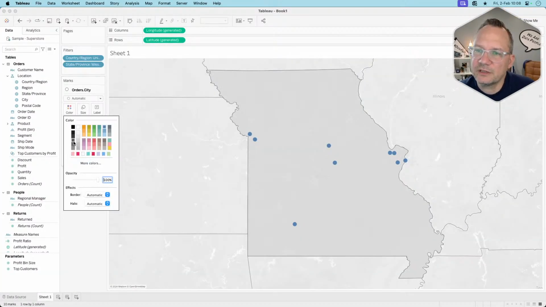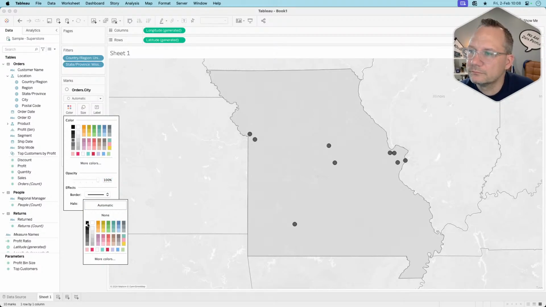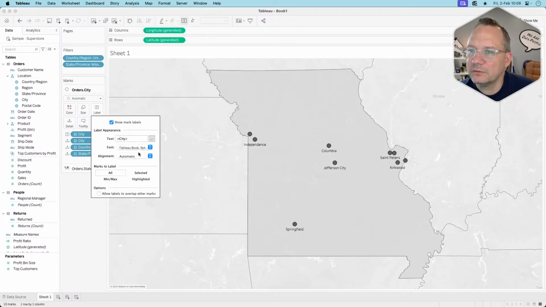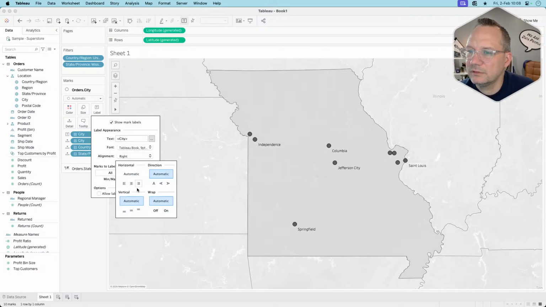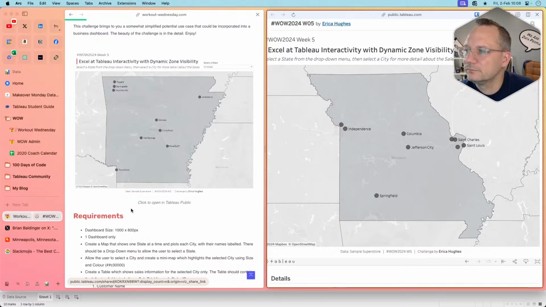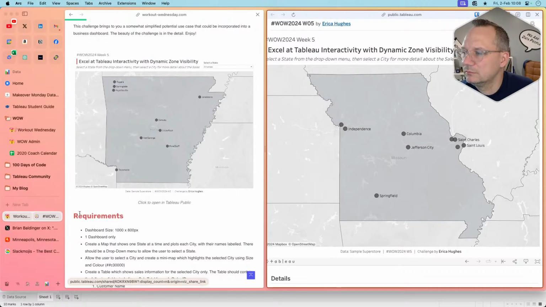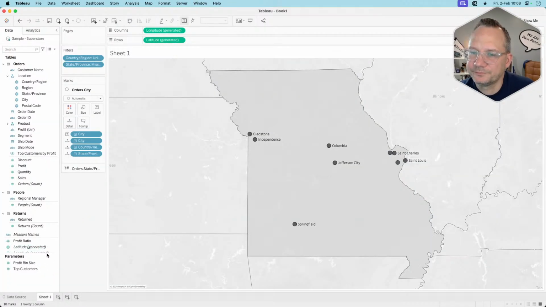Let's do some formatting on the color. We'll make these a darker gray. We'll give them a little bit of a border. And then we'll add the city name to label. And we'll do it to the left and the center. That looks good to me. Okay. Nice. Now, what we need to do is we need to